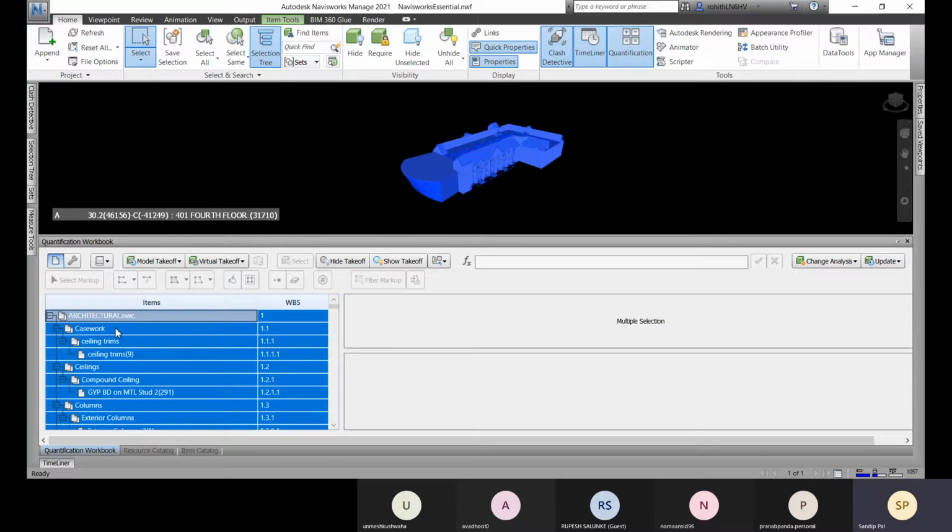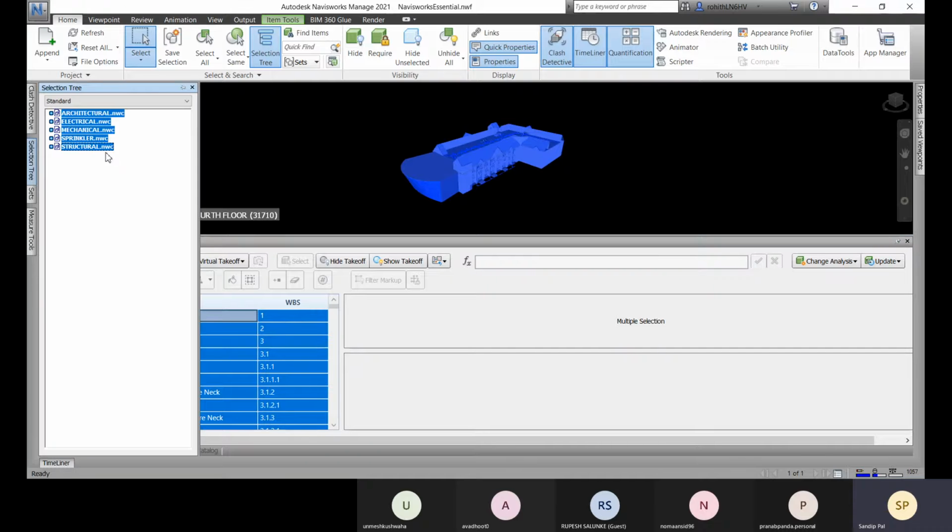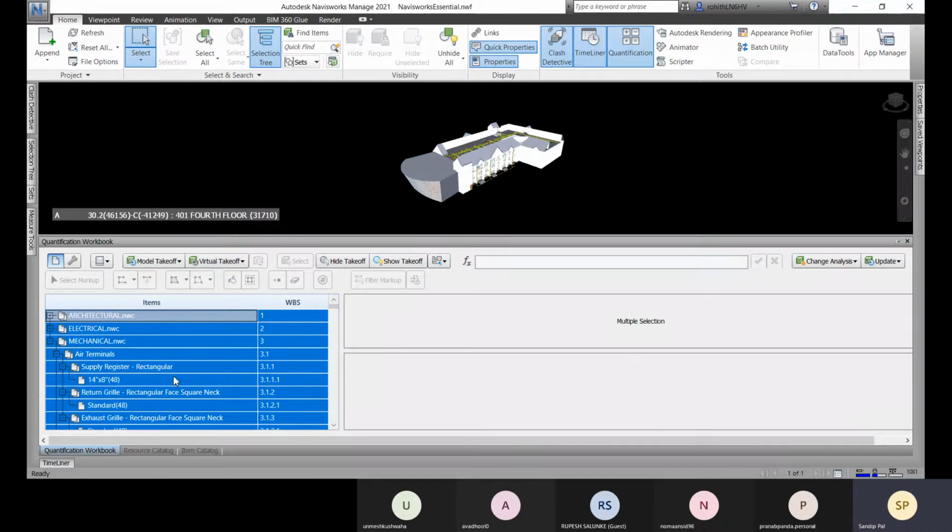All right. And here you can see that for all the architectural, electrical, all the items are added as per the two disciplines, the models you have. Okay, all the components are added.